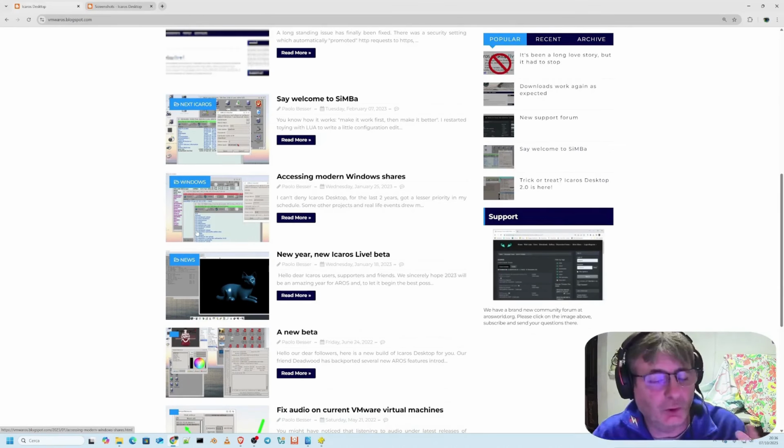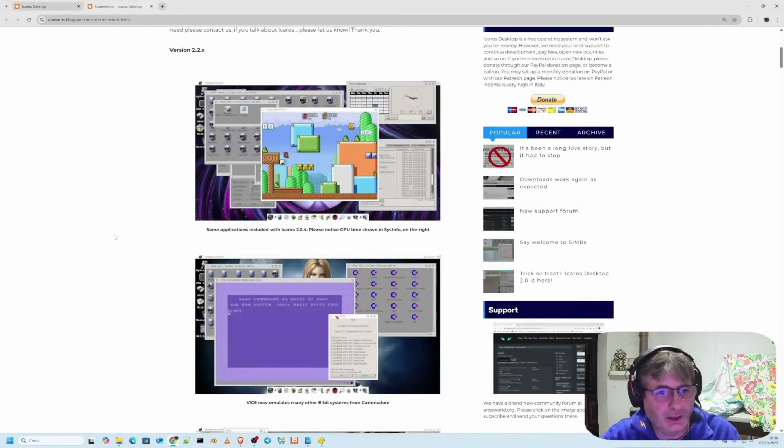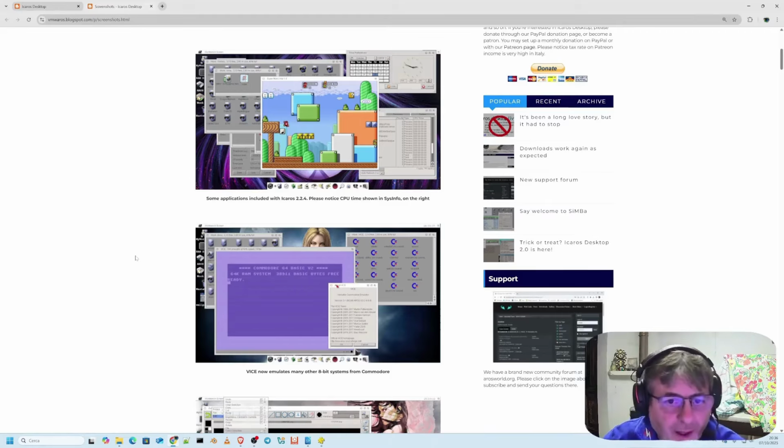The first versions were distributed on VMware. Now it is also distributed for real PCs, and it is still updated regularly. The current status, the official blog, is what we see here, and now we can also look at some more screenshots, even though we can say that the golden age of this operating system, so to speak, has passed.